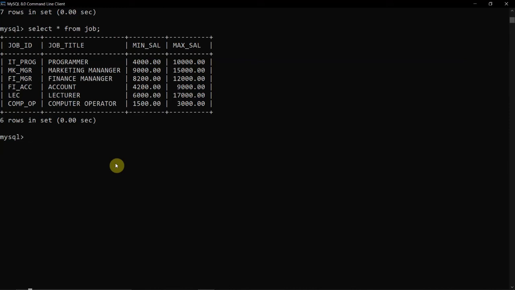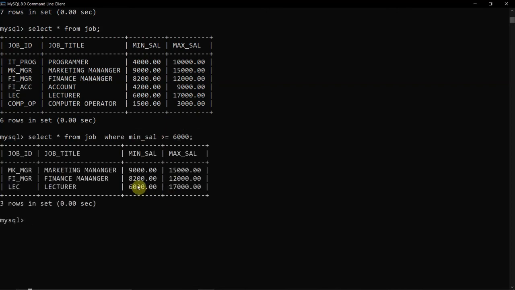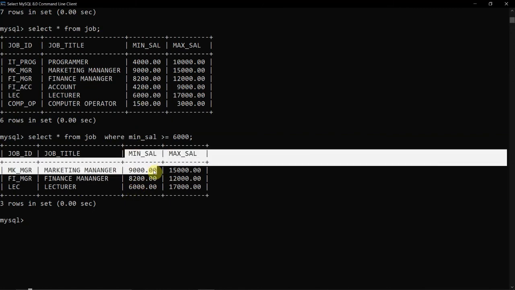So I will write it as select star from job. Here the data of the employee, that is his name or employee ID, is not given because the table is different. We'll see how to combine both tables, but for using the comparison operator, I am showing it to you. So it would be like select star from job where minimum salary is greater than or equals to. Here I am using it in this way, greater than or equals to, right? So here you can see that it is giving us also the 6,000 and the amounts which are greater than it, right? So this is how you get it.